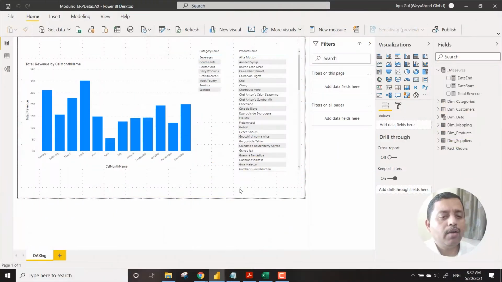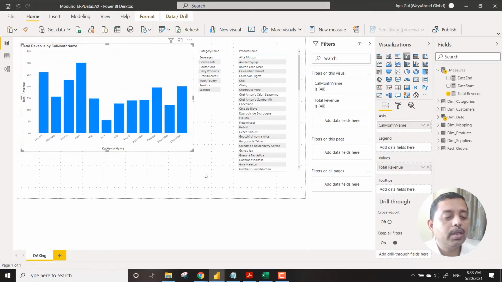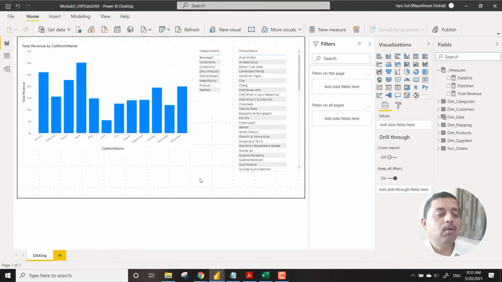So let's have a quick look at whatever we are doing at the moment with the same ERP data. First of all, we will learn how to work with filters, and also how to make the dial gauge. These are the two major objectives, and we will also see how to create functions within the table as well. So the first task is how to use a filter.